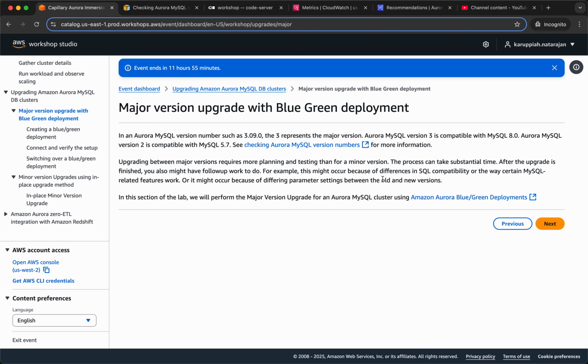For example, this might occur because of differences in SQL compatibility or the way certain MySQL related features work, or it might occur because of differing parameter settings between the old and new versions. So in this section of the lab, we'll perform the major version upgrade for an Aurora MySQL cluster using Aurora